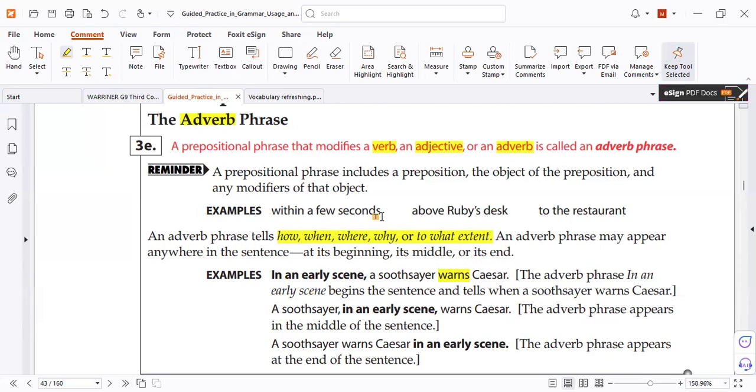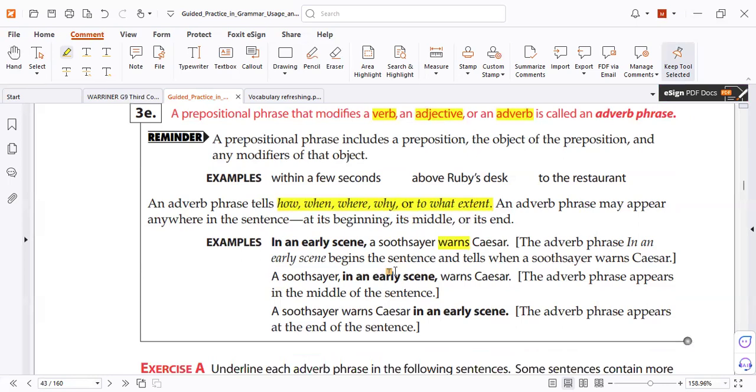can I use the adverb at the beginning? Yes. In the middle? Yes. At the end? Yes. But be careful about punctuation. If you use it at the beginning, we need a comma. In the middle, we can use two commas or no commas. At the end, we don't need commas. Be careful about punctuation. It's very, very significant.